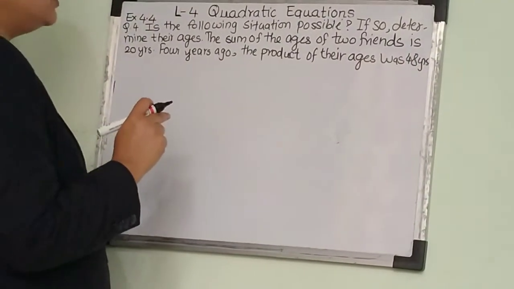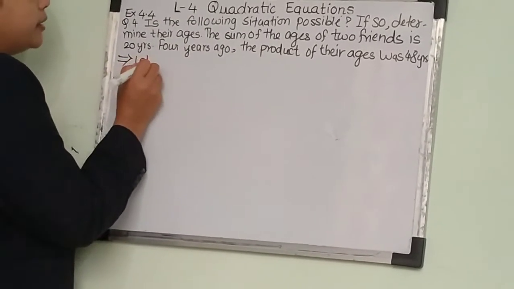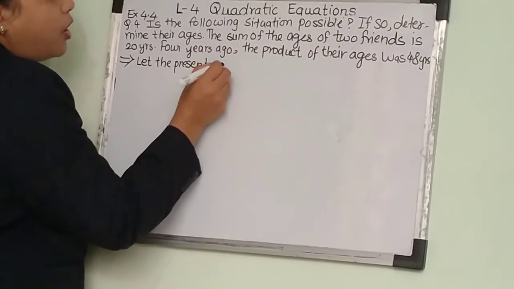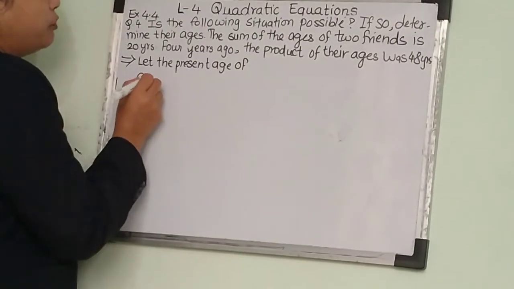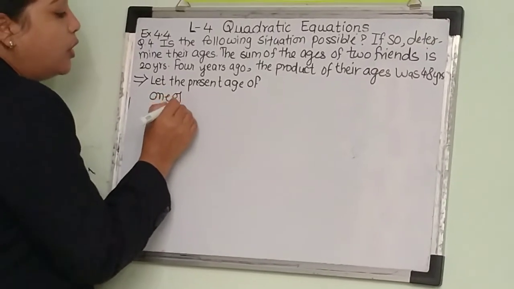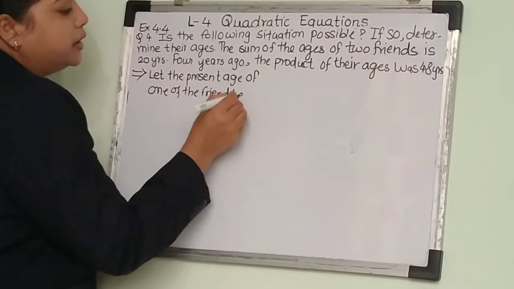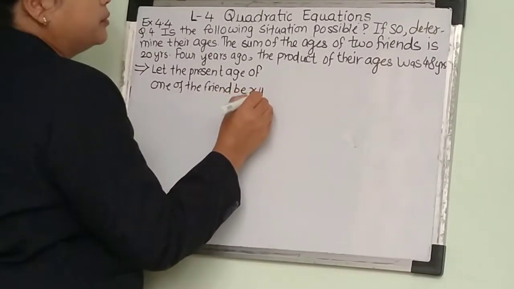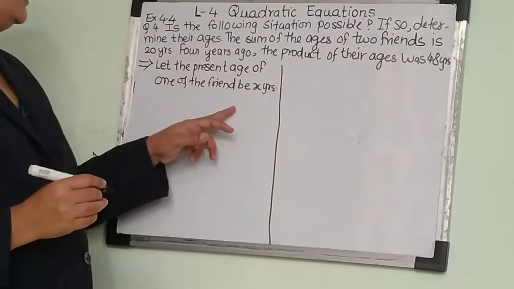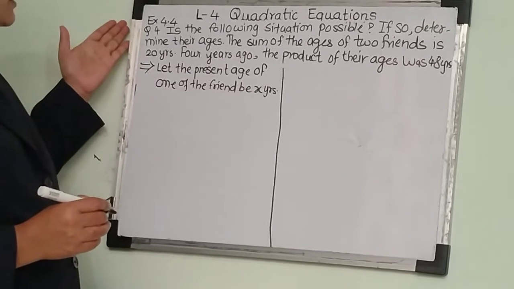So first we are going to take the present age of one of the friends to be x years. The present age of one of the friends be x year. So the present age of the other friend is,